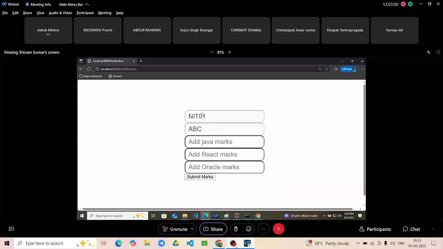Now you will see that the student's roll number and the student's name are coming by default. You can't edit it. You can add the Java marks of that student, the React marks, the Oracle marks, and at last you can submit. So simple,